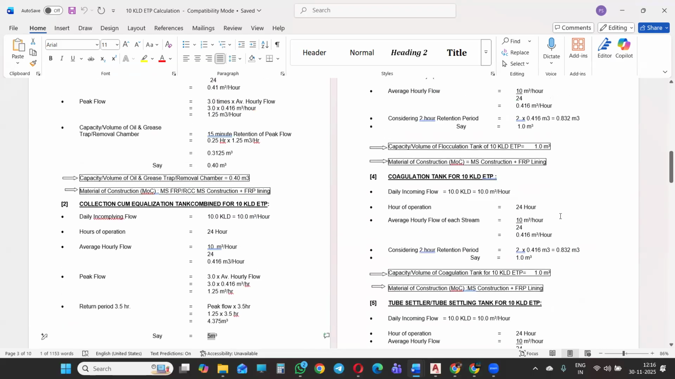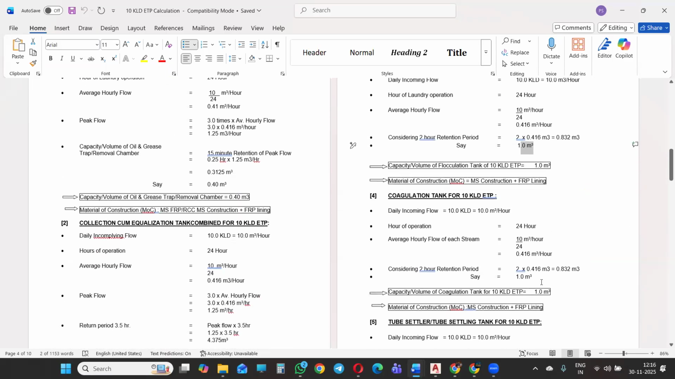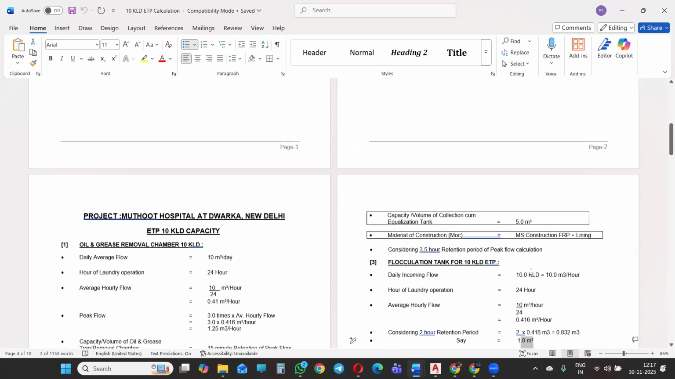In the third point, the aeration tank, calculation time divided by 24. Here the retention time is 2 hours. I will multiply by 2 and get 1 meter cube per hour. That's clear. This is one project I had done in Dwarka, Delhi, Gurgaon, you can say also. In the same way, the tank for 10 KLD divided by